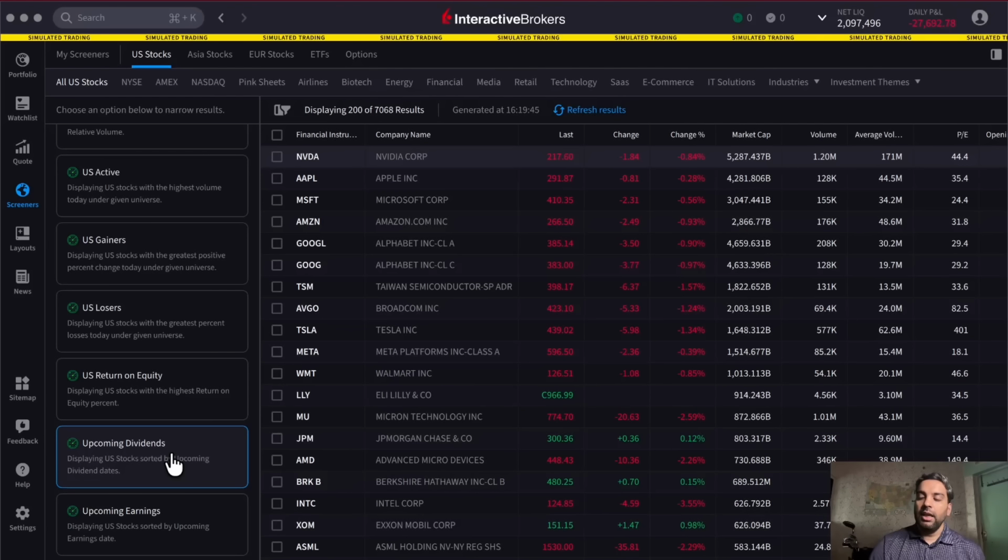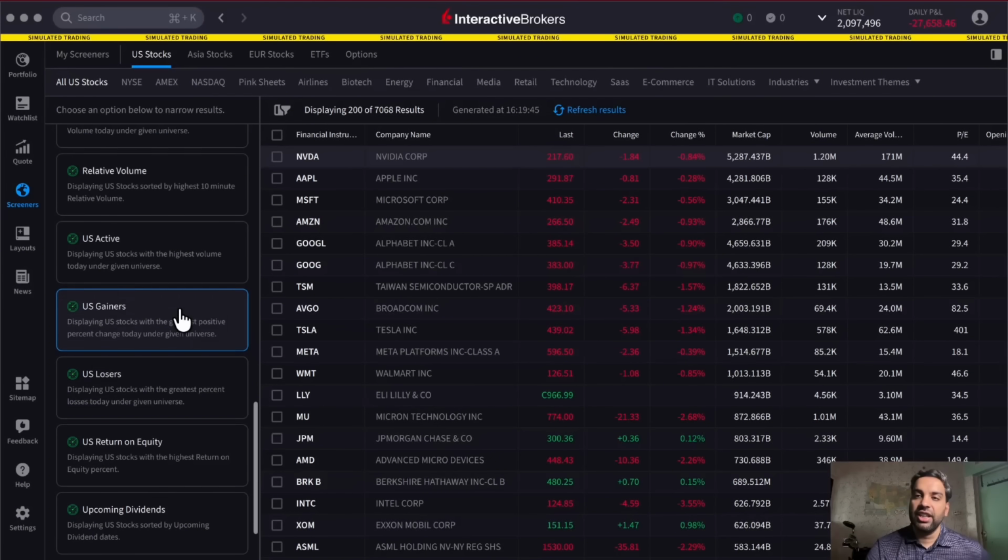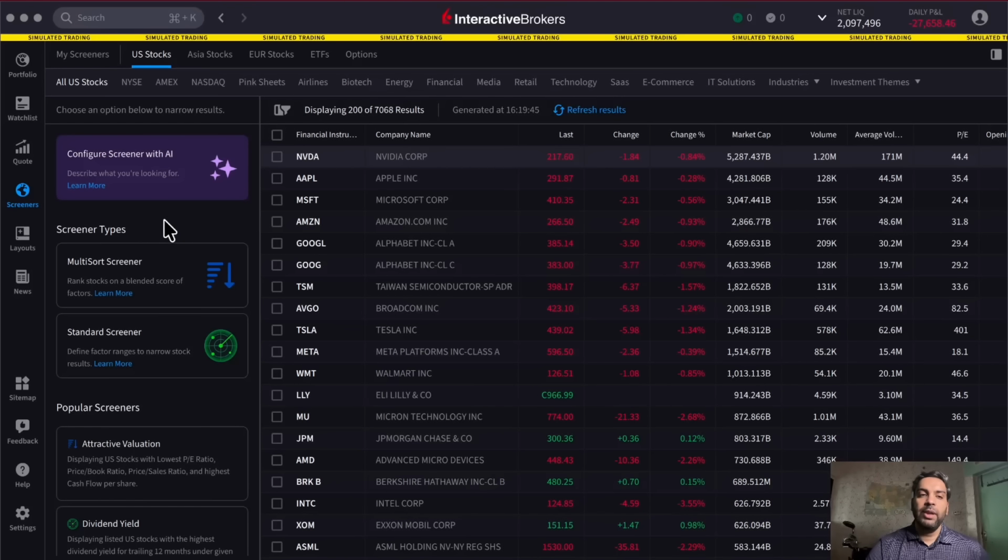A lot of times, investors are looking to invest in an equity to cash in on the dividend yield as of the hold of that day. And lastly, earnings. It's earning season right now. So, for a lot of y'all who might be looking for earning plays before or after, this is an amazing section as well. Please make sure to understand that the screener, what it does is once you have